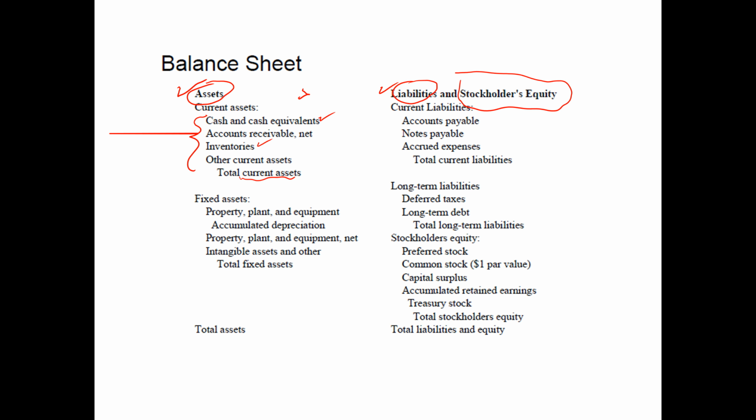Then, of course, we have long term assets, and these are things that take longer than 1 year to get used up: property, plant, and equipment. Intangible assets, things that you can't hug, things like patents and trademarks and goodwill. And so companies own both short term and long term assets,